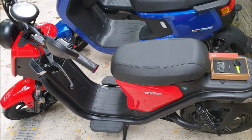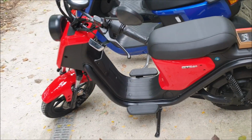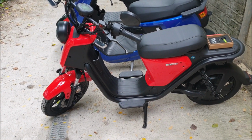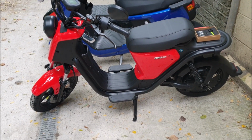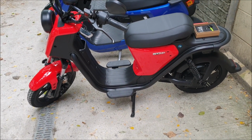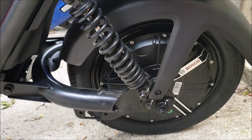As I said, it's 1.6 meters long. It's still an L1E category moped, so it still does 28 miles an hour. It has a maximum incline of 13 degrees. Being a 1200 watt motor, which is the same as the M Plus, but being lighter, does make it feel quite nippy. As you can see down here,